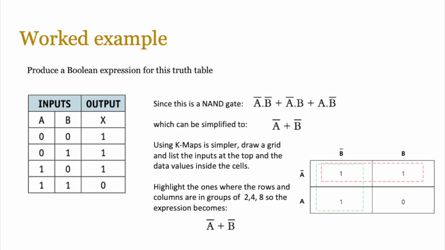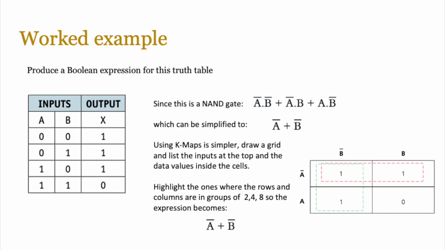And we can write this, which basically is a NAND gate, as saying not A and not B, which is 0 and 0, gives you a 1, or not A and B, which basically is 0 and 1, gives you a 1, or A and not B, which is basically a 1 and a 0, gives you a 1. So all the ones are represented in that Boolean expression. Now you could use Boolean identities and rules to simplify it to not A or not B, or you could